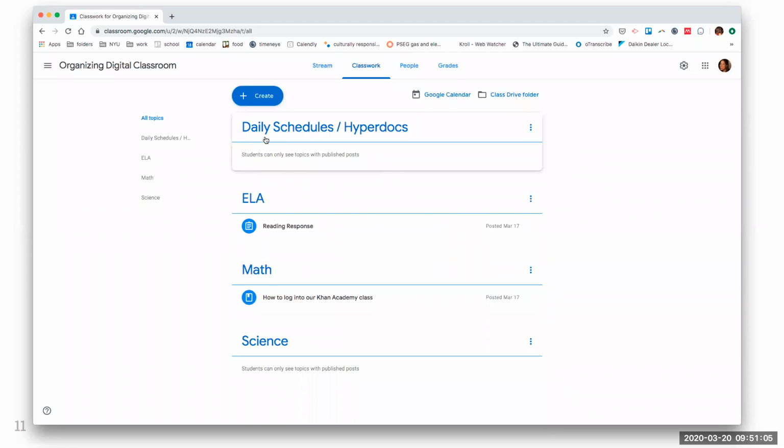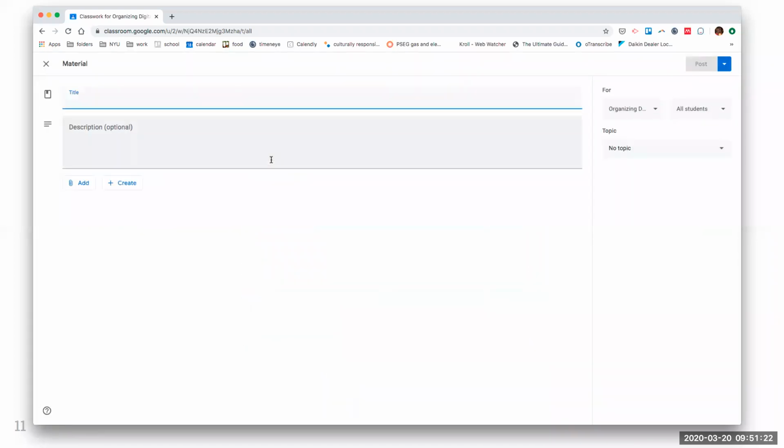It pops up there. And now that I have this, I can create an assignment, a quiz, a question, material, which is reference materials. That's actually what I would do for these HyperDocs. So I'm going to do that right now. This is March 20th HyperDoc or schedule, however you're going to call it for your students.